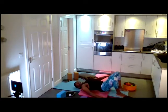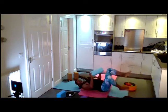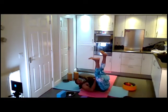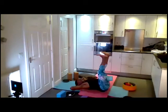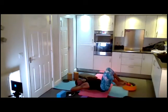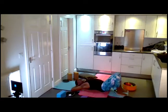Your next pose is abs with the roll. So take hold of the roll and place the roll between your thighs and reach your legs up towards the sky. Hands clasped behind your head and neck. If your back is tweaky, you can do this pose with your feet onto the floor or with your knees bent